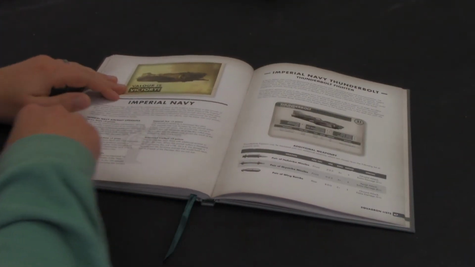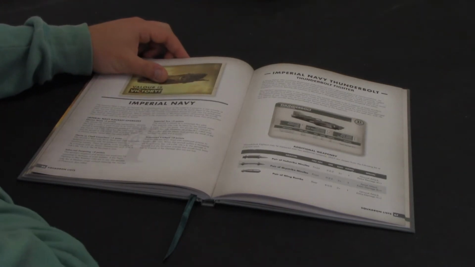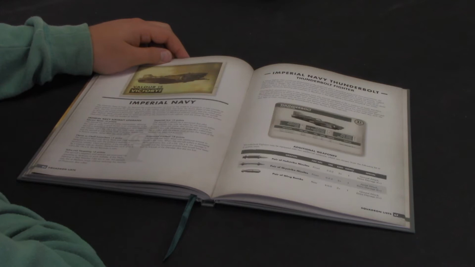So, the Imperial Navy. This is what I collect. The Imperial Navy. So, you've got a Thunderbolt fighter. Now, that's increased in points now. I think they are 23 points now. They've FAQ'd that in the latest